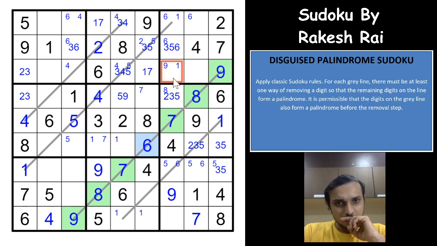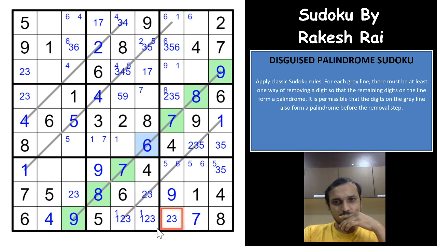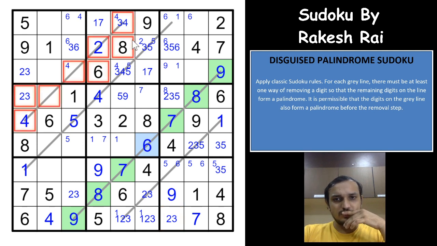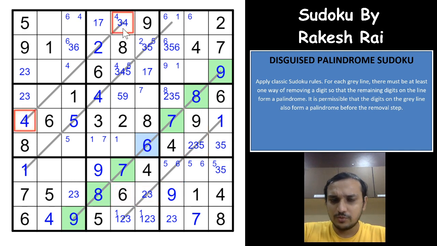and that was awesome, guys. That is actually an awesome logic. 1, 2 and 3, right? So 1 cannot be here, so this also would have to be a 2 and 3, and 1, 2 and 3, so this would have to be 2 and 3. We have not yet got the disguised on any of these other palindromes, right? So that would only be the logic now. If this 4 is correct, this 4 would have to be here. If this 2 is correct, this would have to be a 2.